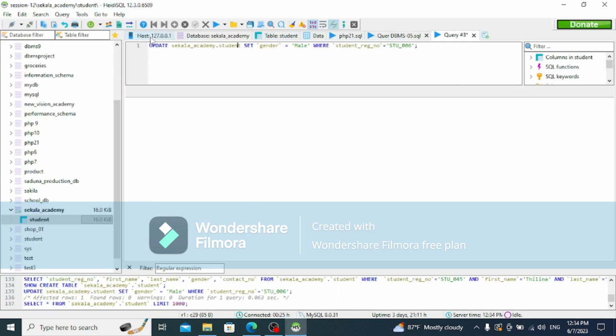I'm not going to write a new update query from scratch. So let's see. We should change the student registration number to STU006. Right, now, and then where? The clue that's being given is the first name,